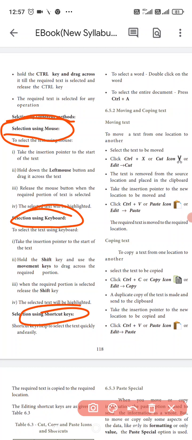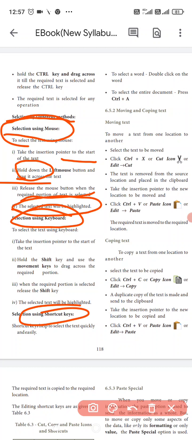Take the insertion pointer to the starting of the text. After that, hold the left mouse button, click and drag across the text, then release the mouse button. If you selected the required portion, the selected text will be highlighted. This is one of the selection modes.